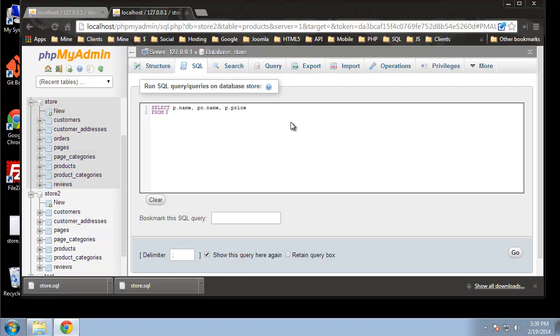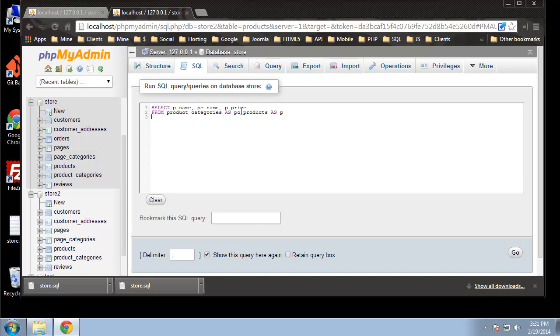So we're going to say from product categories as PC. Here we're using the as keyword in the from statement as opposed to up here with the column names. And then we're going to say comma products as P. Now this is the first time that we've selected multiple tables in one statement. This isn't a join statement. Joins are used to unite tables, but you can do more with a join. But this will allow us to select